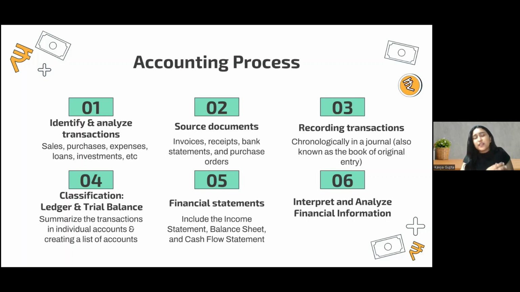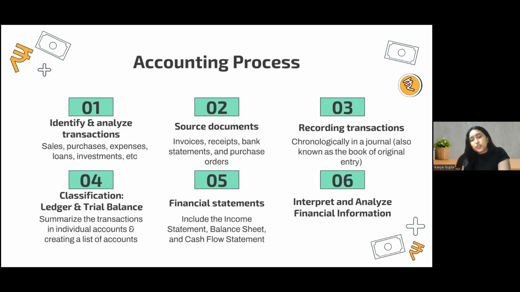We always start with identifying the transactions of a business. Let's say there was a promoter or a person who started a business. He would need some capital to start that particular venture, right? So we identify, in chronological order, or in the order in which the transactions have occurred, what are those financial or monetary transactions that lead to either a revenue, an expense, a liability, an asset, an income, or a loss. So we try to identify these areas and we prepare the book of original entry, or the journal,